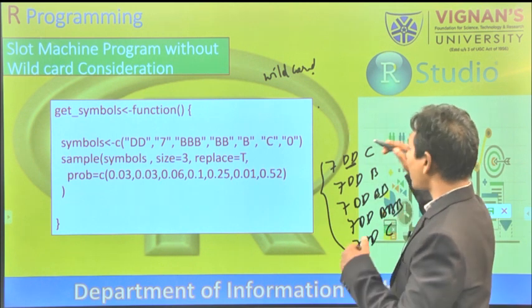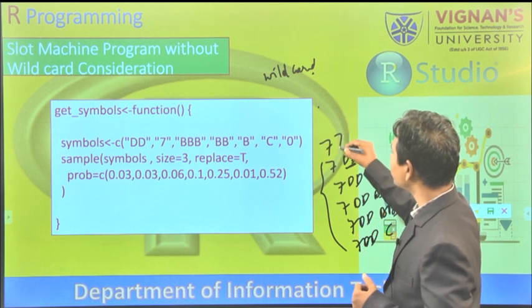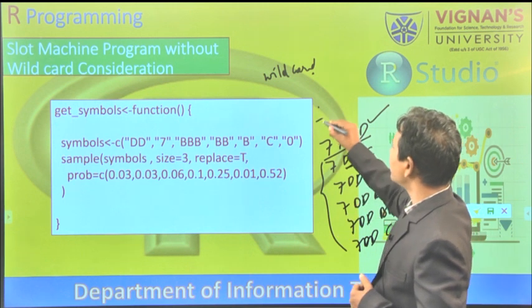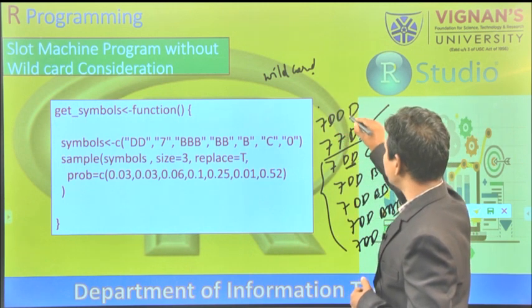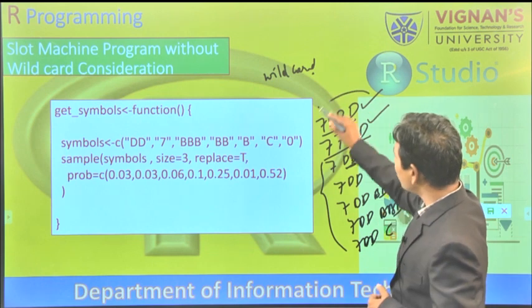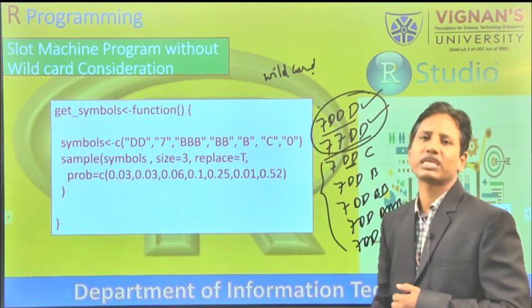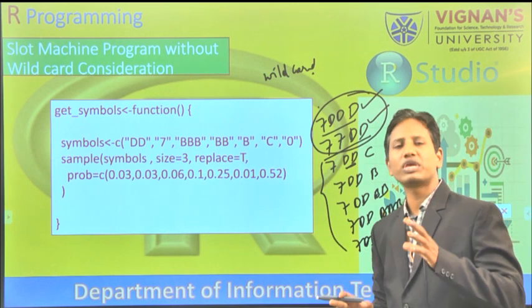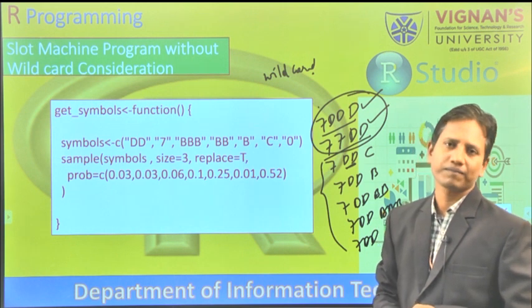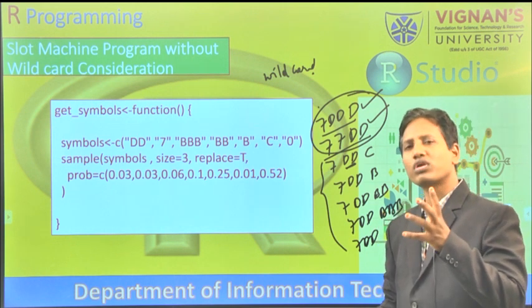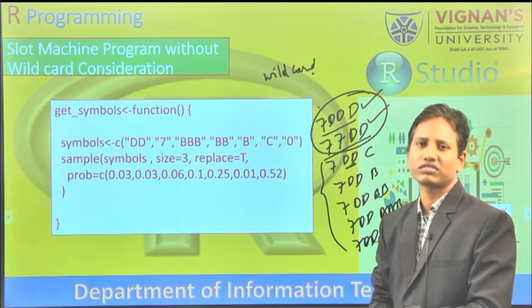And in these combinations, I need to find this combination and this, two combinations. In these two cases only, I am going to award the money. In all other cases, I am not going to award, because these do not come under any one condition. So now we should know all the possible combinations.